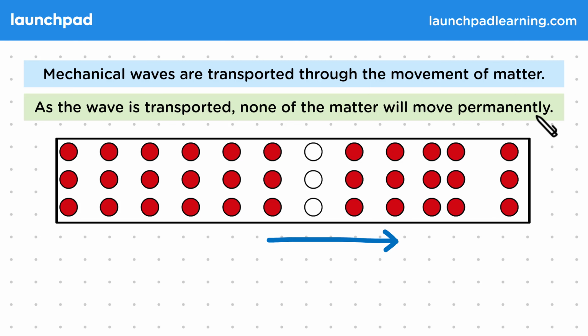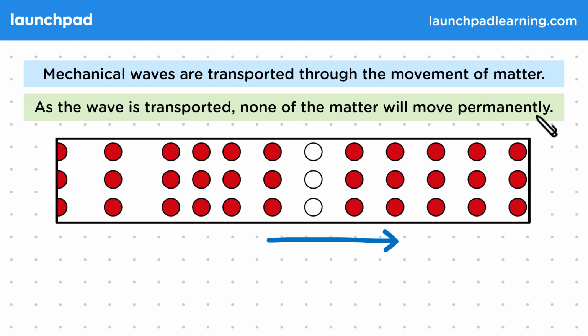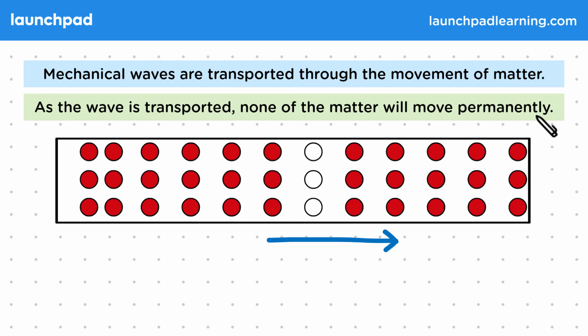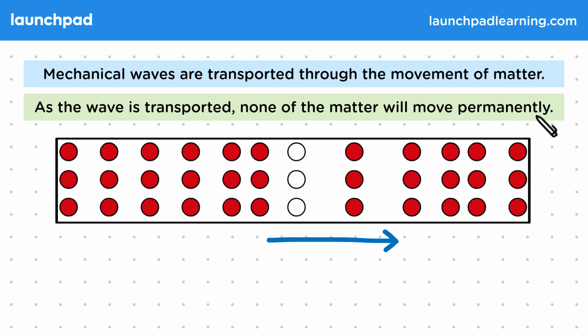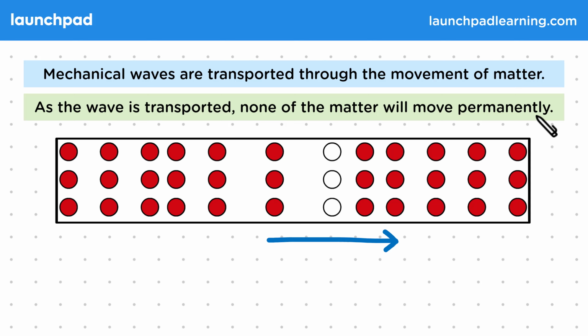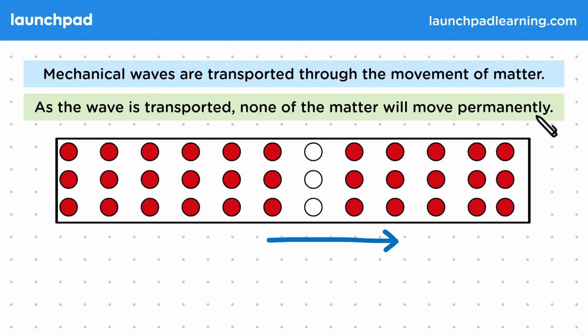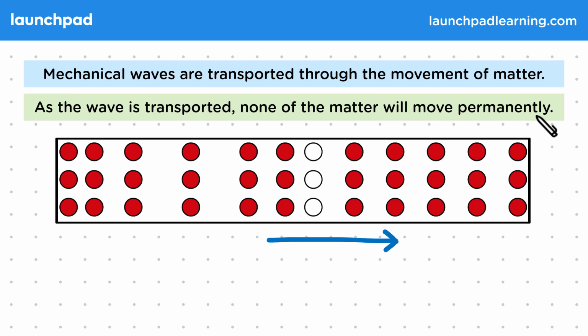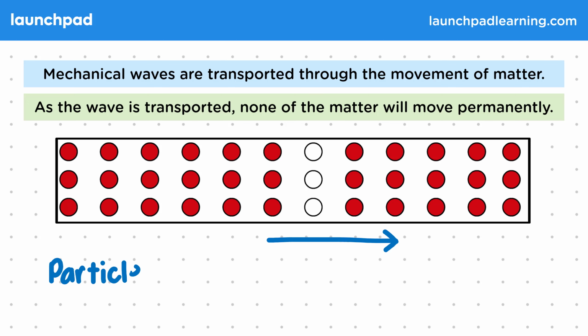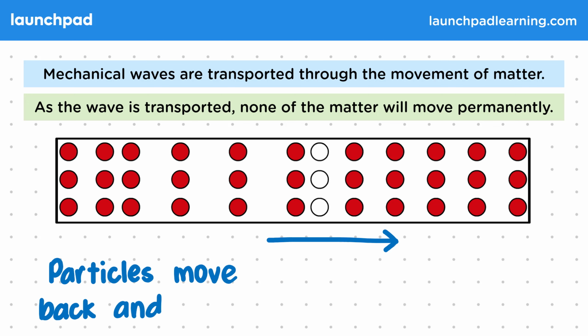This is a rule that applies to all waves, not just mechanical ones. In a non-mechanical wave, this must be true, as the matter wouldn't be moving at all. It's a little trickier to understand how this works in a mechanical wave, so let's understand by looking more closely at our sound wave. As we can see, as the wave reaches the particles, it causes them to move back